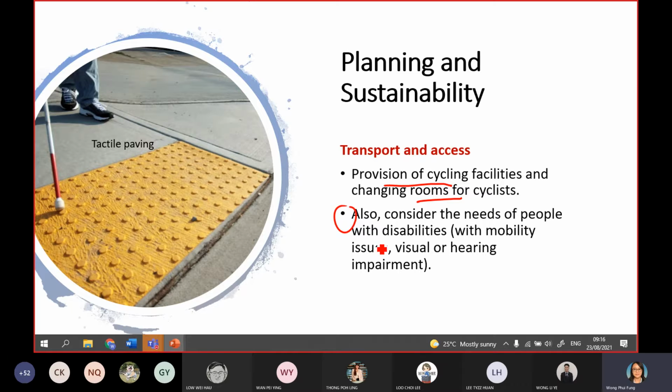And don't forget, as I mentioned just now, the social part is very important. We should also consider the needs of people with disabilities, such as those who cannot see very well or cannot hear very well. For example, you will see this quite often in the shopping mall or in the office: the tactile paving is a very small block that acts as an indicator for those who cannot see very well. So that is the first thing. The developer should design the tactile paving very well to guide people who cannot see to have a safe journey of walking.